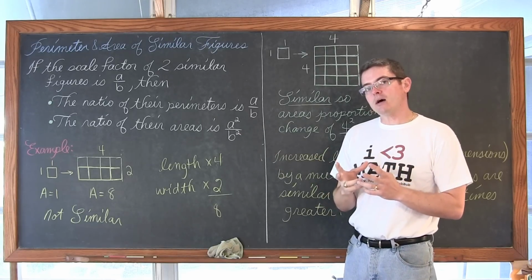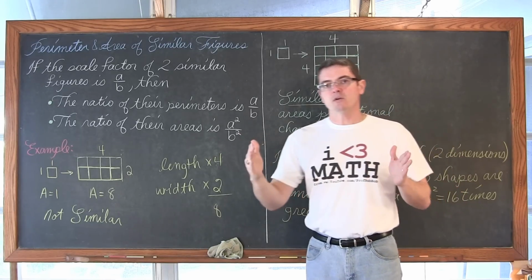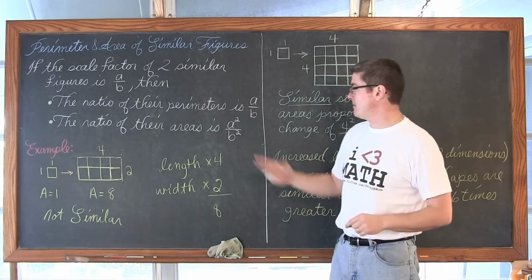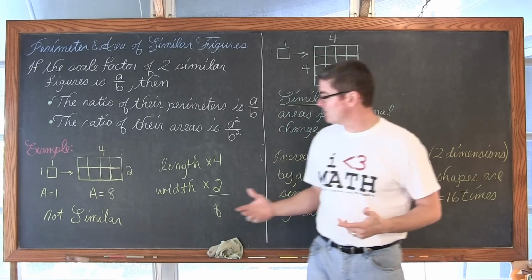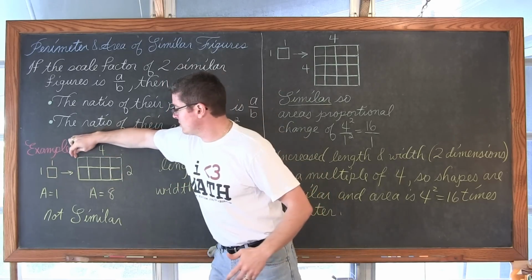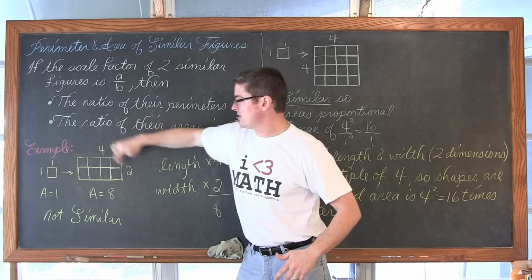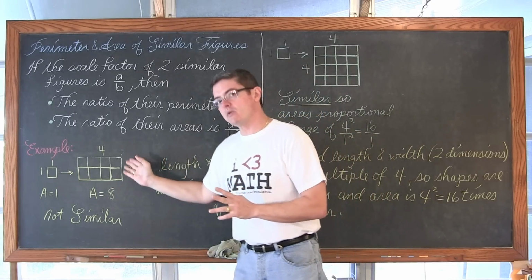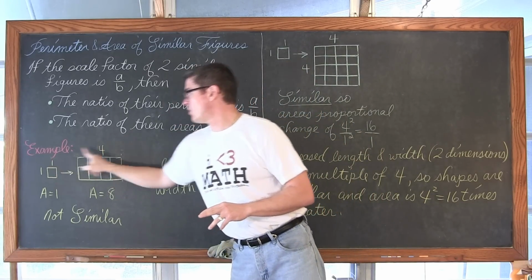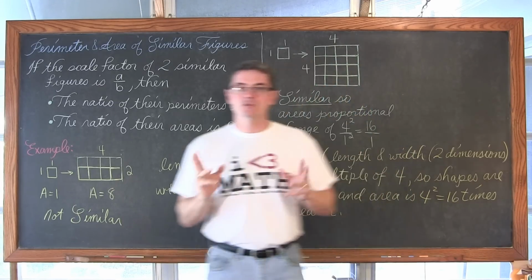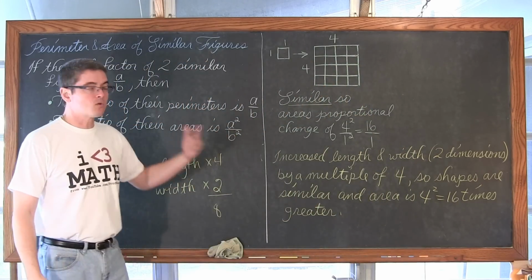Remember, we're talking about similar figures. The ratio of change in both the two dimensions must be the same, and that's why it's being squared. So it's not like I have an area of 1, I increase the width by 2, the length by 4, so the area gets to be 8 times larger. And yes, I know again this area is 8, but 8 times 1 is also 8. With similar figures, that length and width is changing the same. Thus, you have this squaring idea.